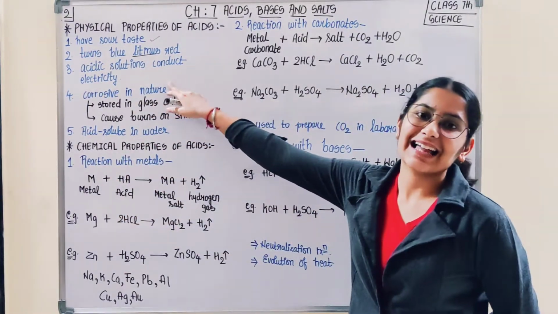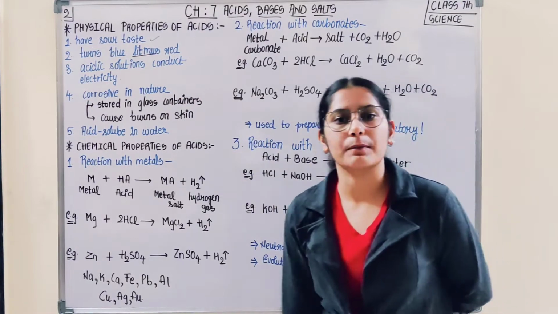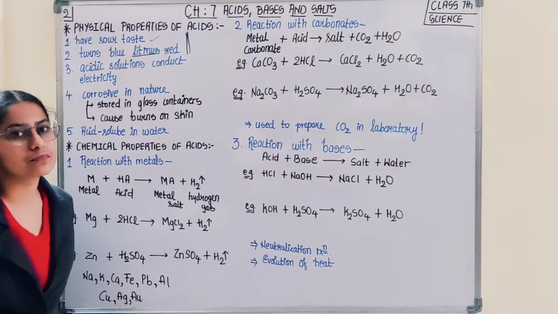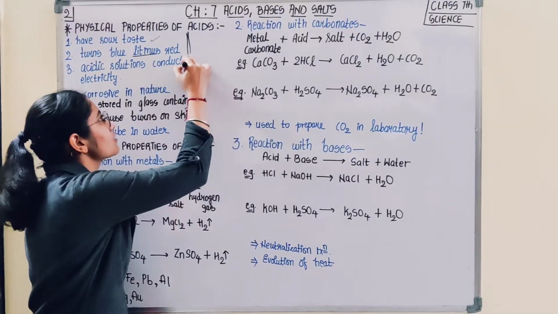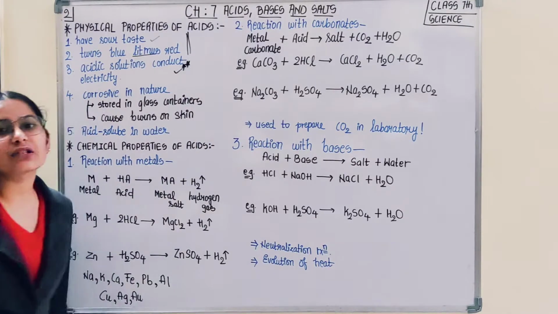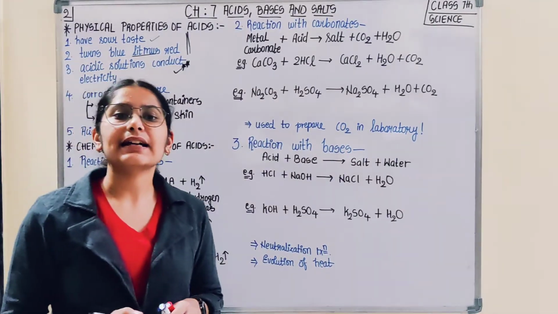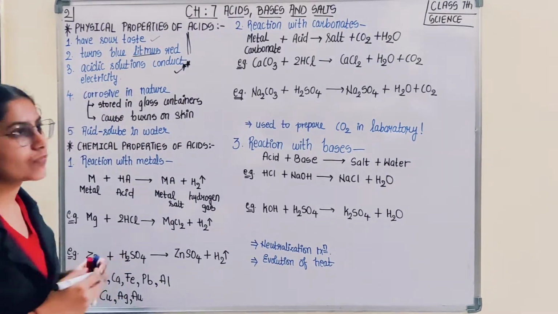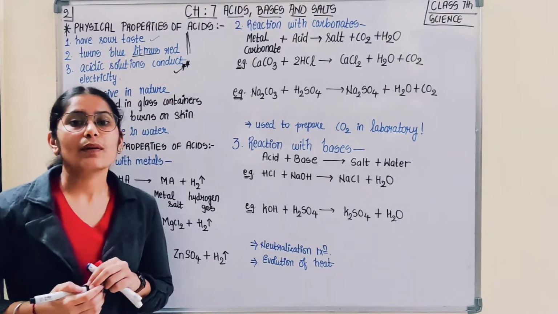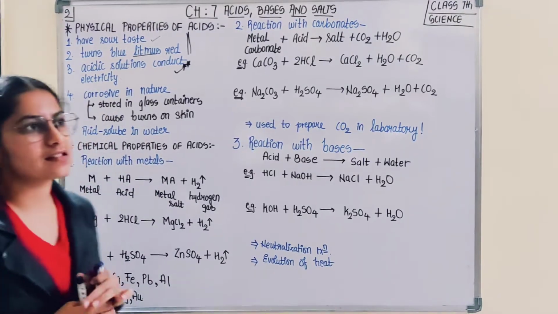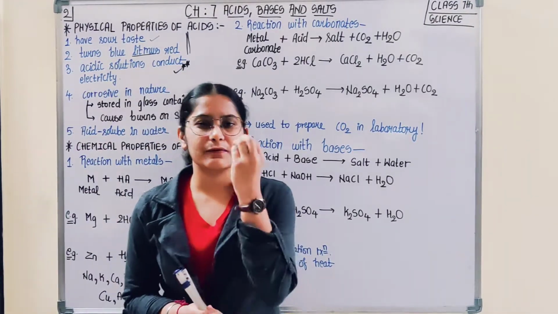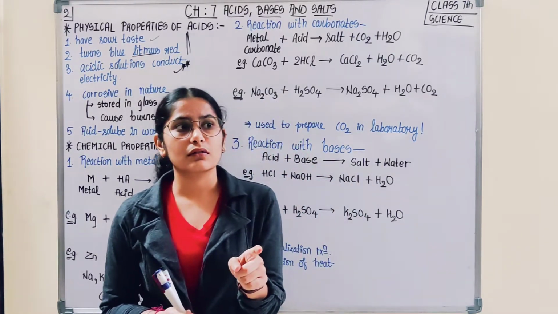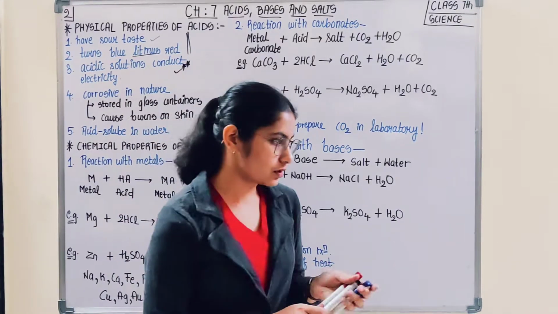Acidic solutions conduct electricity. This is the physical property that we should discuss. Okay, these two we have already covered. Now is the property, which is also very important, that acidic solutions are responsible for conducting electricity. So to conduct electricity we require some ions. Let us first discuss a few examples. I would take an example to explain it to you. Suppose I say,